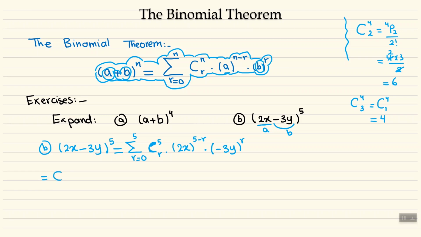So it's going to be combination 5, 0 times 2x to the power of 5 minus 0, which is n minus r, times b, which is minus 3y to the power of 0, plus combination 5, 1 times 2x to the power of 5 minus 1 times negative 3y to the power of 1,